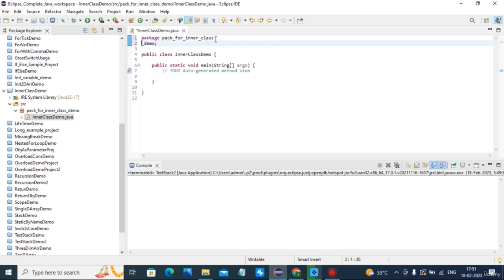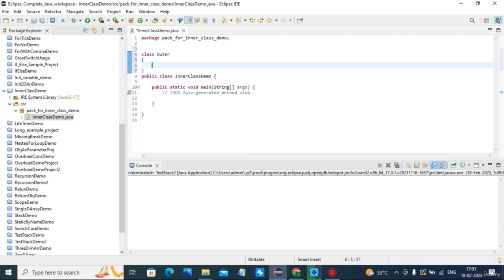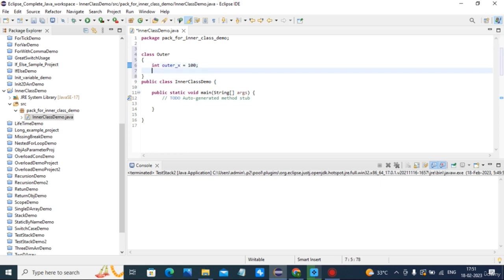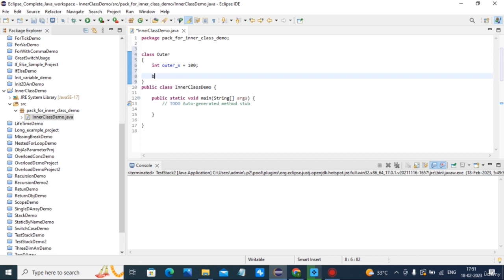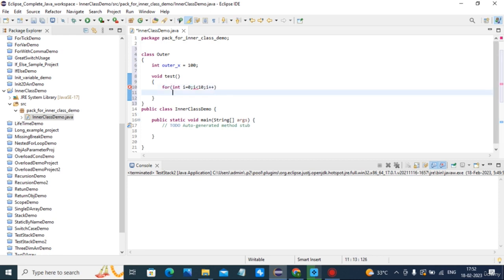Now I create one class that is class outer. Outer underscore x is equal to 100. Then void test, for I is equal to 0, I less than 10, I plus plus.